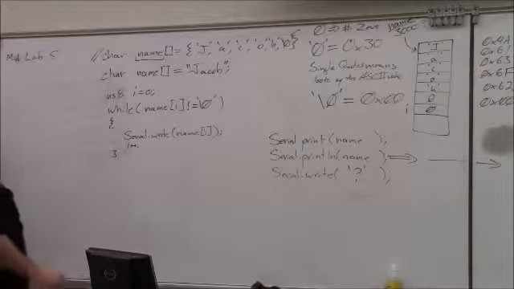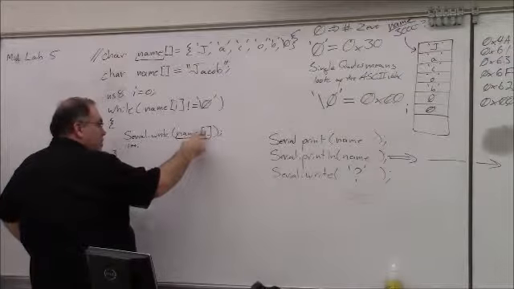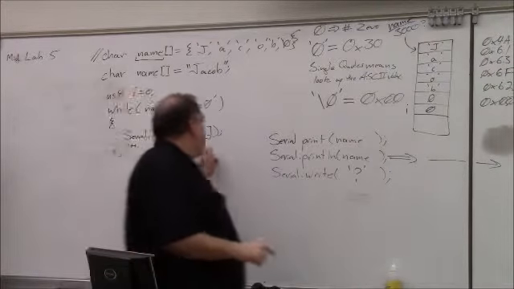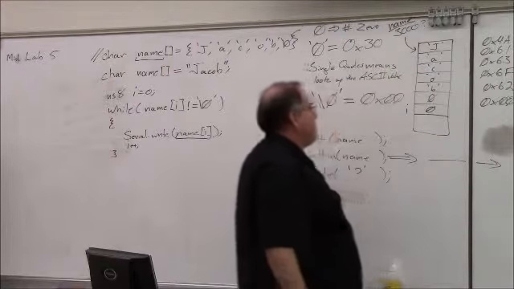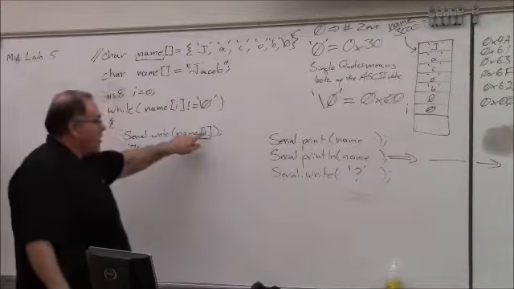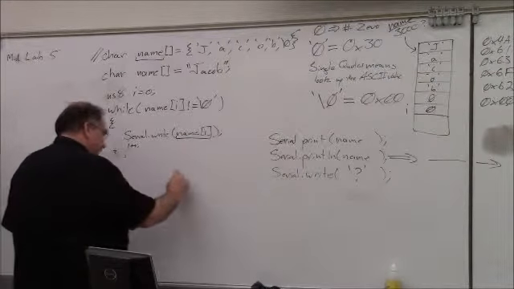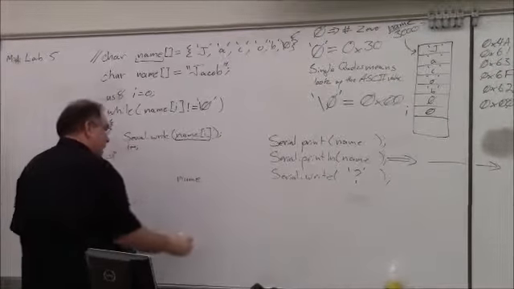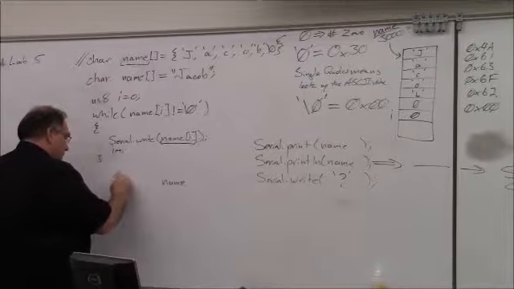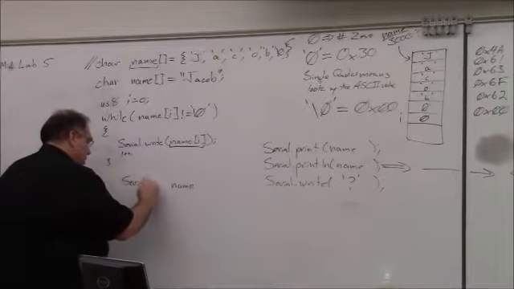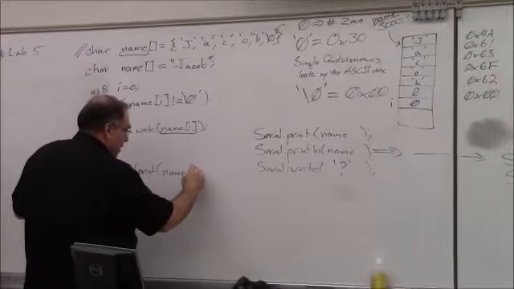So when you refer to the actual index, you'll get either J, A, C, O, B, or 0, depending on the numerical value of I. If you just say name and you print that out, and you could do this, right? You could do Serial.print name, and then if you do comma HEX,